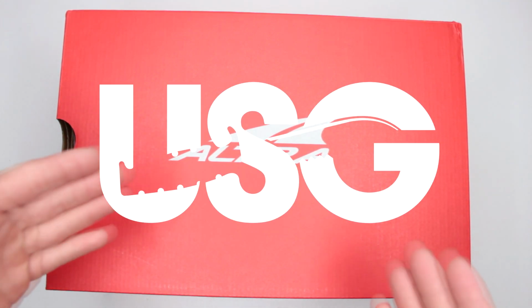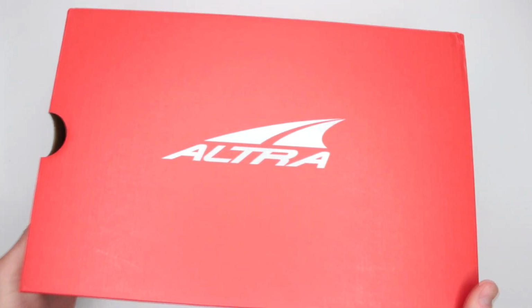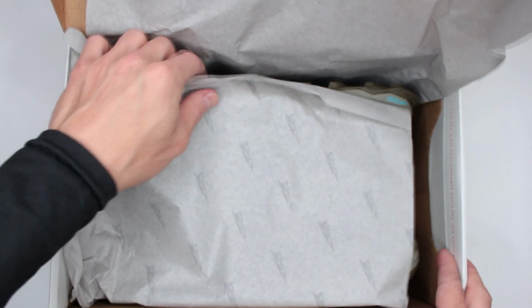Today, as you guys can see, I have something from Altra. Yet again, excellent brand so far, excellent stuff from Altra. Let's see what we got this time. This time we got something truly special. Yes. This time we have their Altra